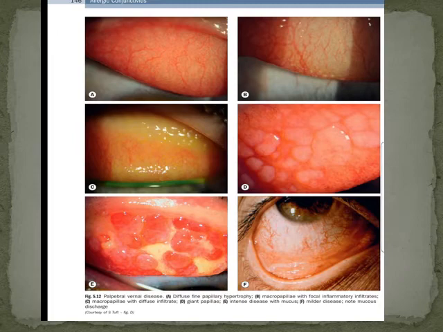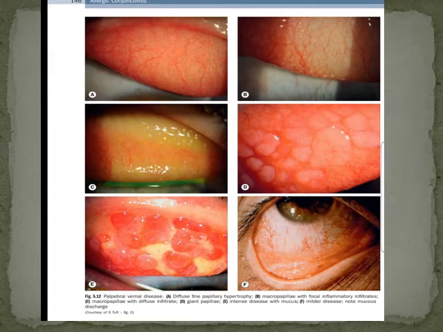In the palpebral form, as we see in this diagram, there is presence of papillae. These are the images showing the severity of the papillae associated with infiltrates, and the E image shows micropapillae with mucus present, and the last image shows the presence of mucus discharge in the fornices. So this is how the palpebral form of the disease is seen, and the papillae are arranged in a cobblestone or a pavement stone pattern.